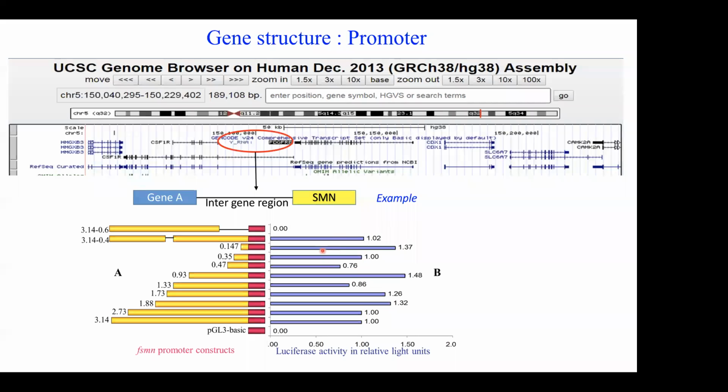The regulatory regions are also present in the first intron, second intron; it varies from gene to gene. So you must study your gene to learn where these regulatory regions are, because based on these regulatory regions, your gene expression will vary. So if you want to delete the gene, overexpress the gene, or control the gene, you must know all these factors specific to your gene.